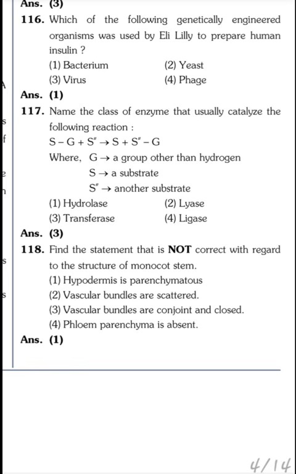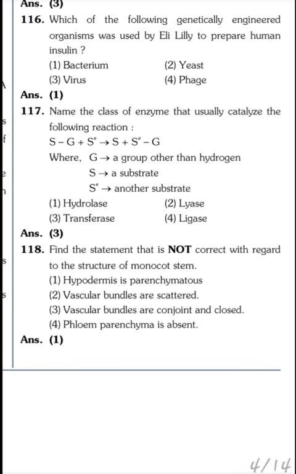Find the statement that is not correct with regard to the structure of monocot stem. This is from Plant Anatomy. Hypodermis is parenchymatous. Vascular bundles are scattered. Vascular bundles are conjoint and closed. Phloem parenchyma is absent. See, hypodermis is parenchymatous is the